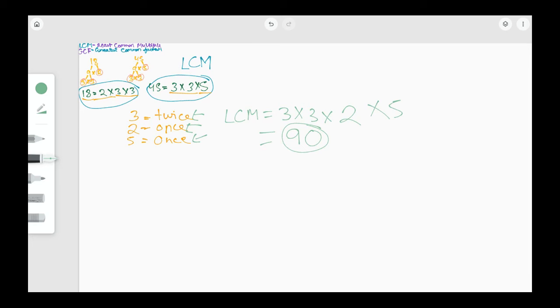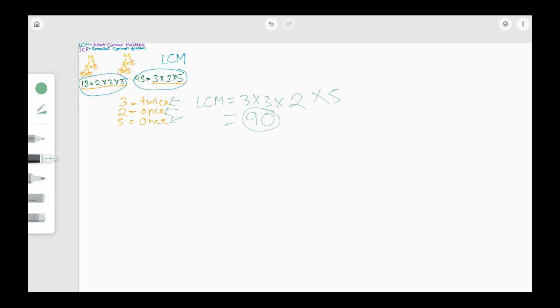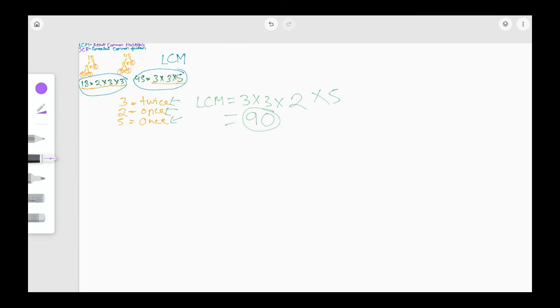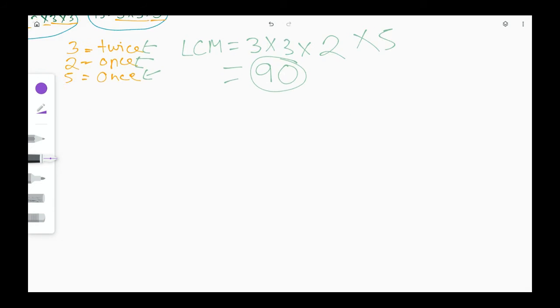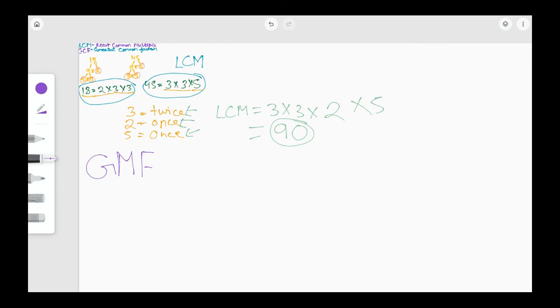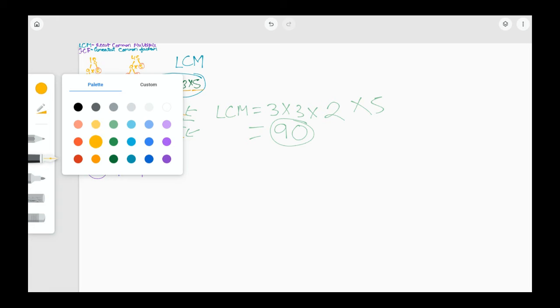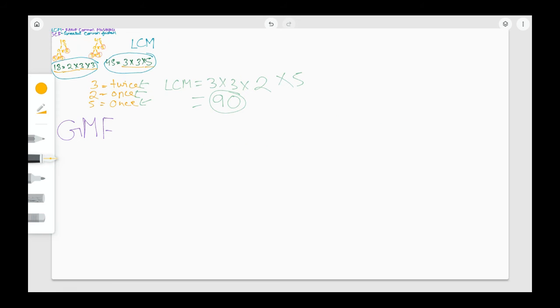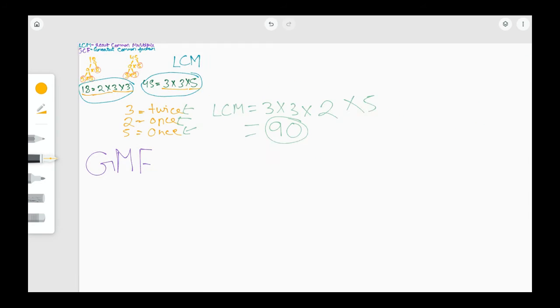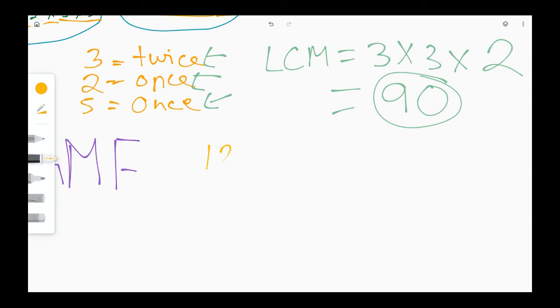Let's move on to GCF. GCF is a bit easier in my opinion. I don't know about you guys, but let's try it out. I'm going to write GCF, greatest common factor. I'm going to be using the same question, so we're going to start out the same way, with prime factorization. 18 and 45. I'm going to do prime factorization again. 18,